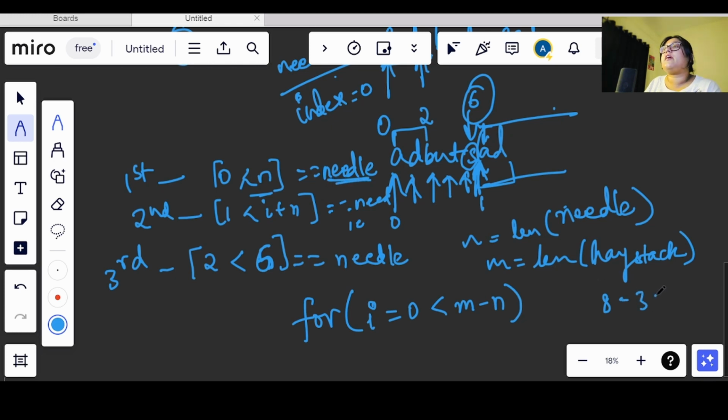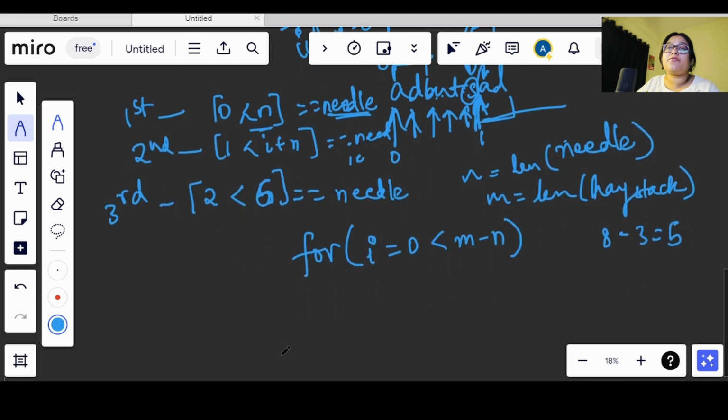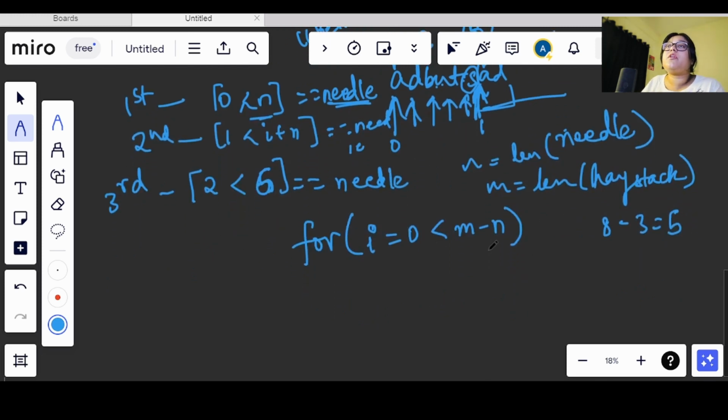So I will get 5 here, and I need to go till 0 1 2 3 4 5, right? This is 5. So we will be going till 5th only. Therefore we will start from I equals 0 and we will go till m minus n.